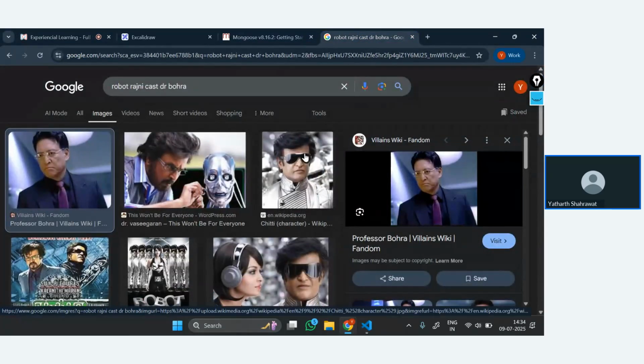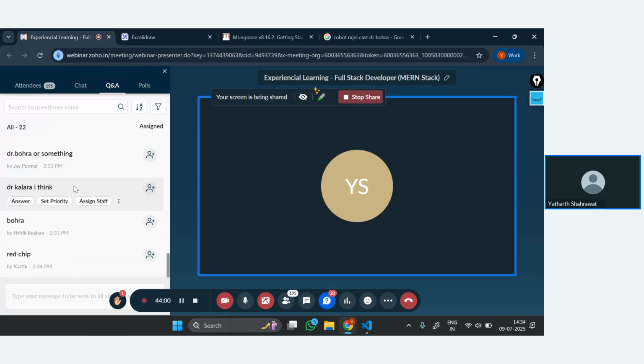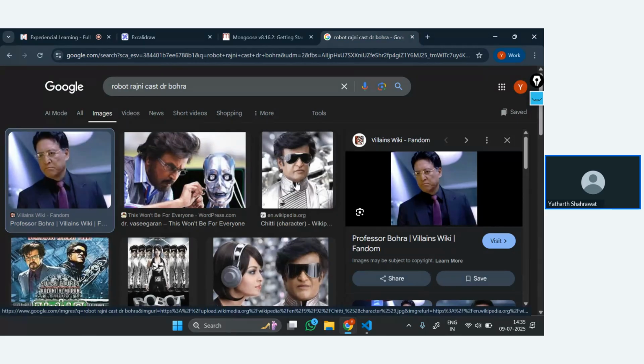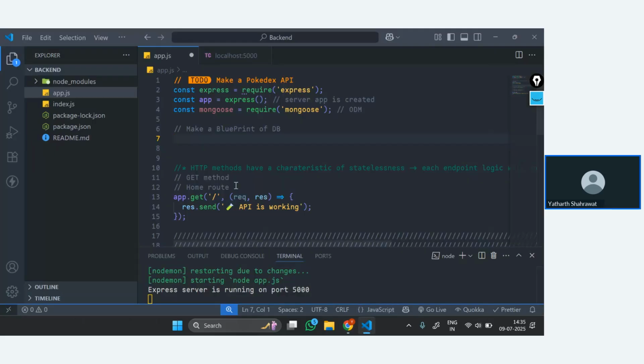See who remembers. Anyone remembers what Dr. Bohra was after? Anyone remembers? Red chip. No, no. Red chip was inserted to change something. Something was there inside Chitti which Dr. Bohra wanted to change using the red chip. Okay, so I will tell you, since you do not know. Dr. Bohra was after